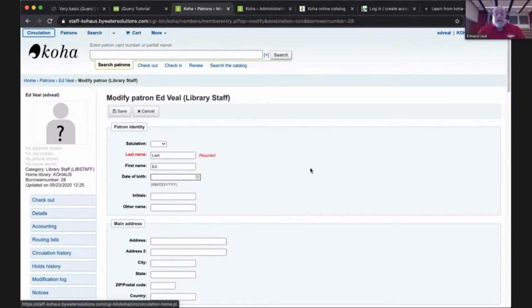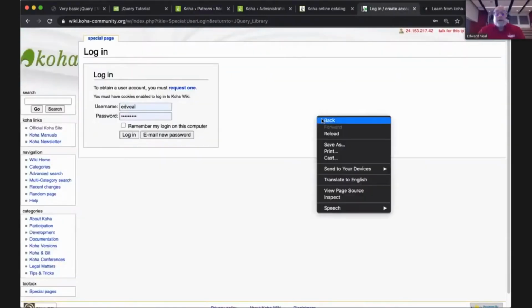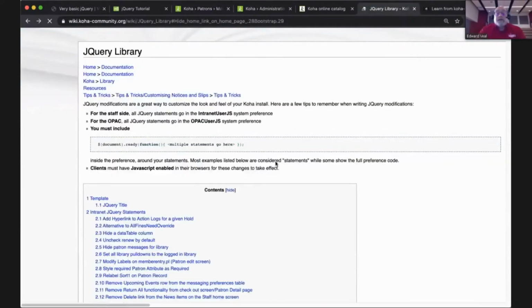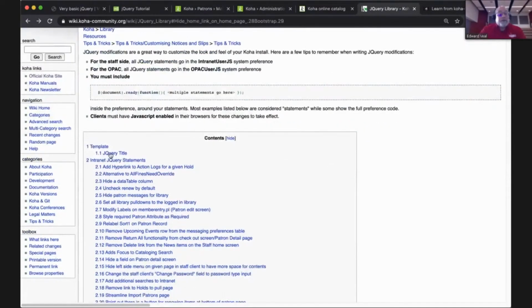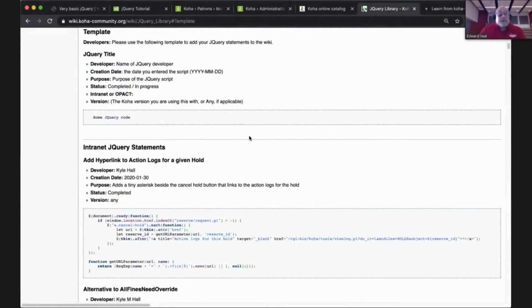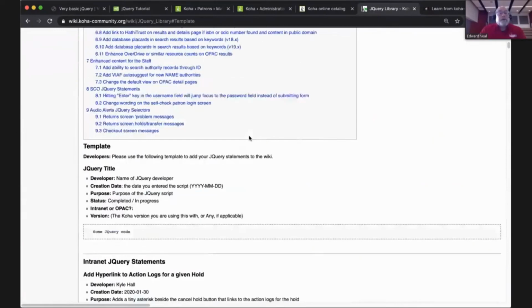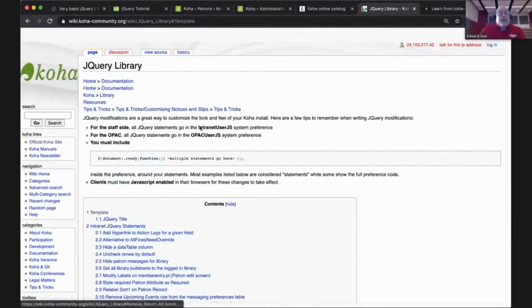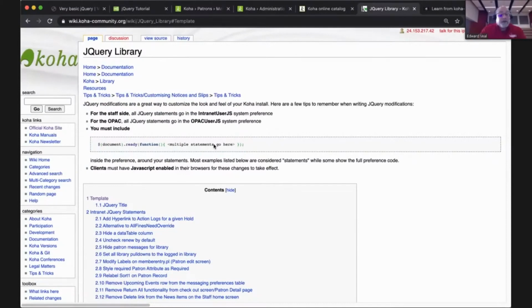One of the tricks that I learned real early on, and I think the jQuery library has this as an example up at the top of it. Under templates, nope, it doesn't have it here any longer. There used to be a link, and I'm sure I could dig around in here and find it. But there's a really good example. Let me see if I can find it. What I'm looking for is to add this CSS. And what I have done in the past is go in and